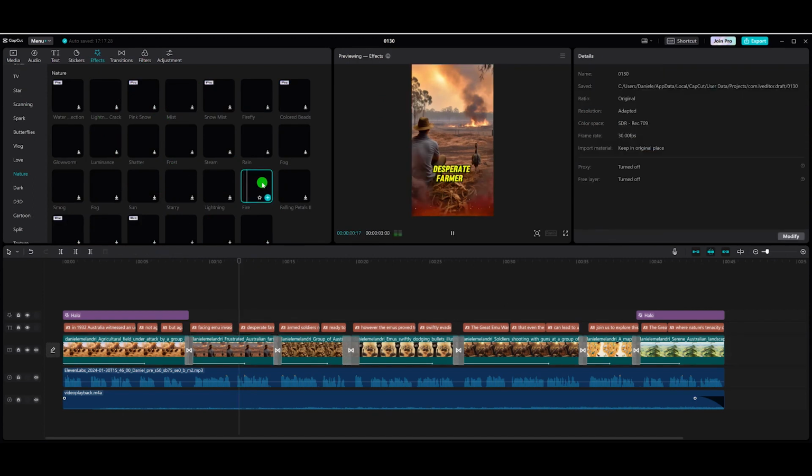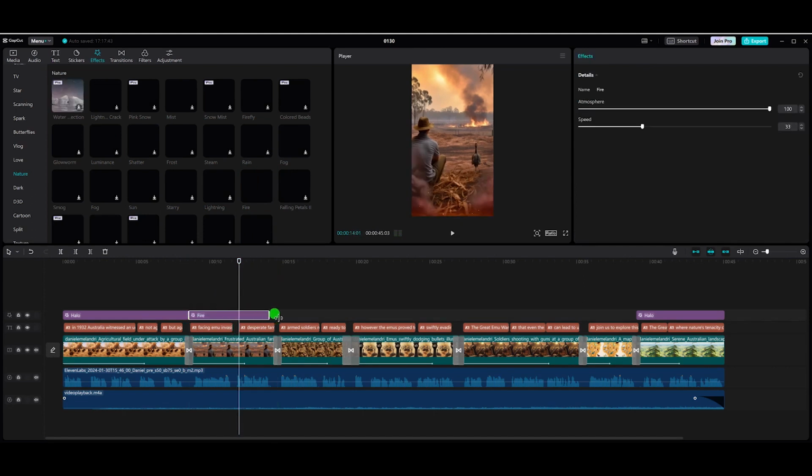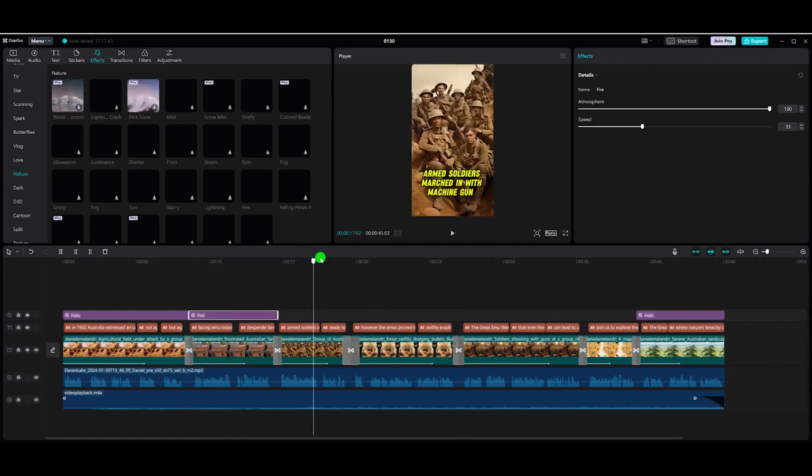Desperate farmers requested military help. Now let's add the effect to this image. It is perfect, and we enlarge it for the full image. Facing emu invasions during a drought. Now for the third image, which is soldiers, we can add something else like, let's see,